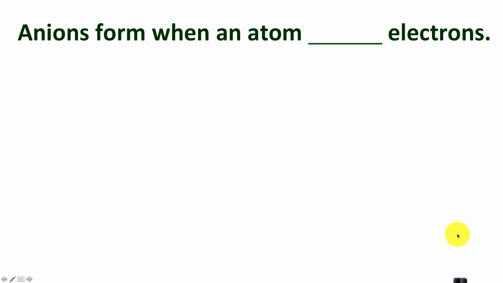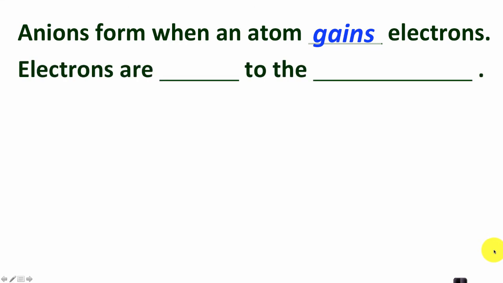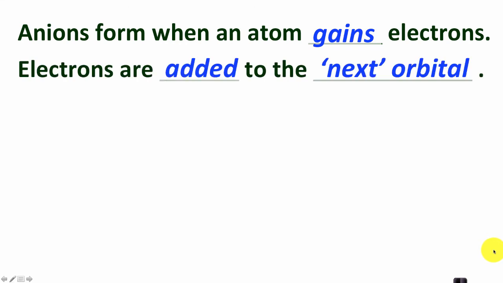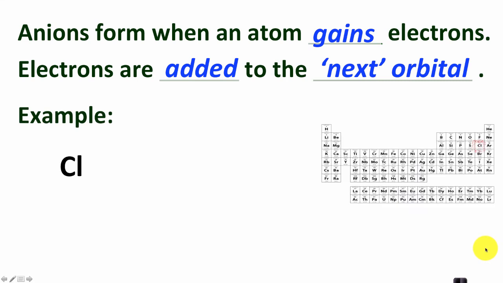And a couple more things to be aware of before this screencast is over. Remember that anions are negative ions, and they form when an atom gains electrons. And when electrons are gained or added and an anion is formed, they simply go into the next available orbital that would fill. So for example, if we look at chlorine, the element chlorine is going to have an electron